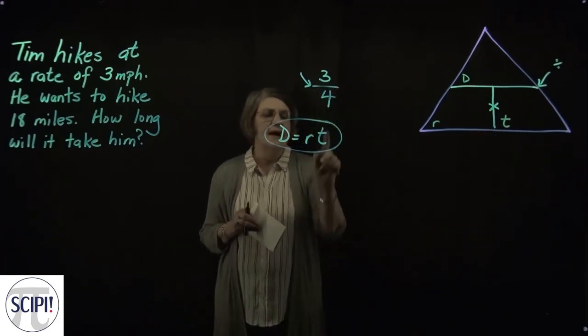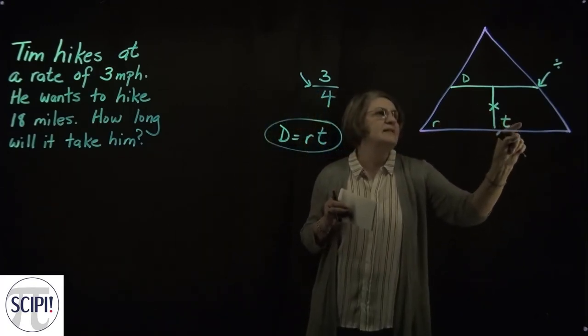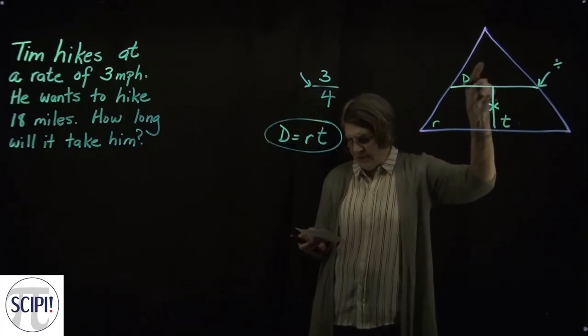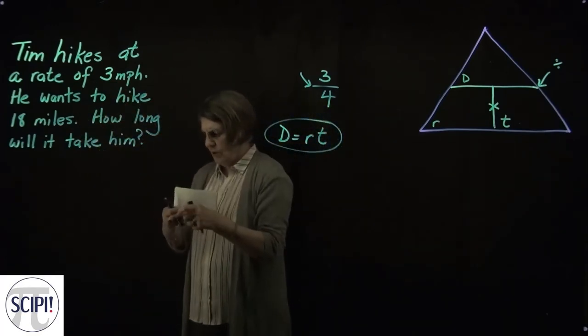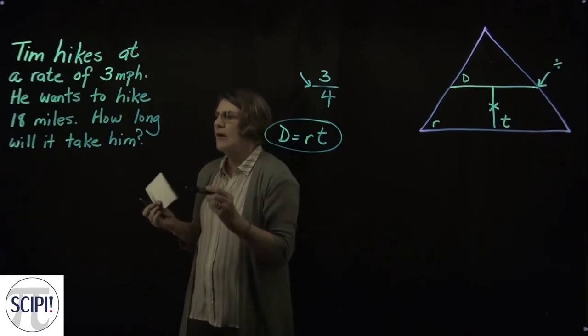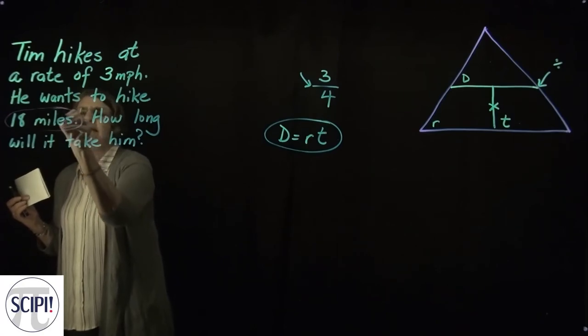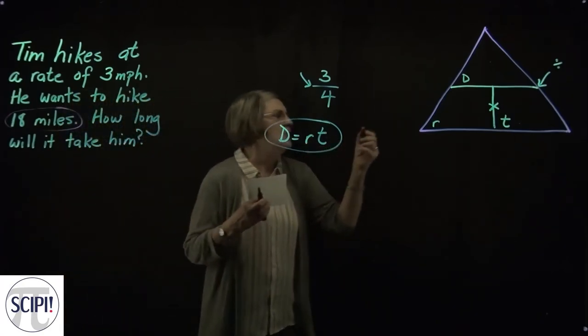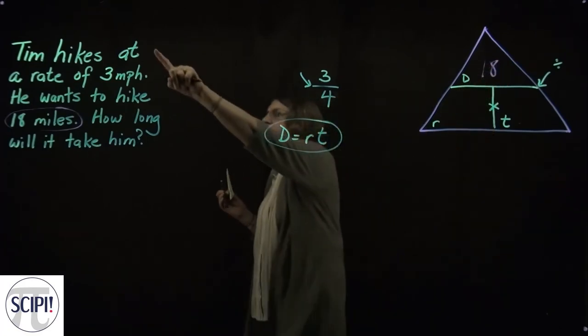How do I know that? Because R times T, so we know the distance is going to have to go up here. So how far does Tim want to hike? Who can tell me? All right, very good. That's great, Billy. That means 18 miles. So up here, we're going to put the distance of 18 because that's how far Tim